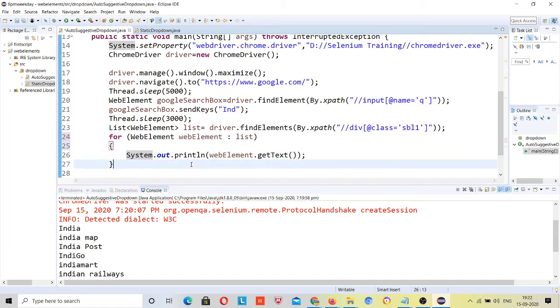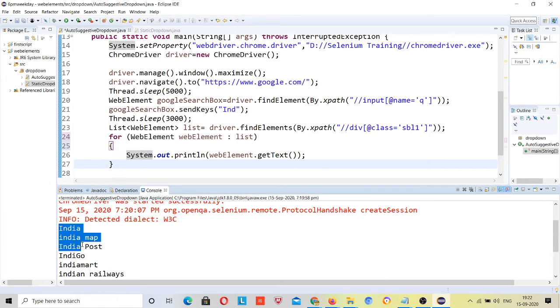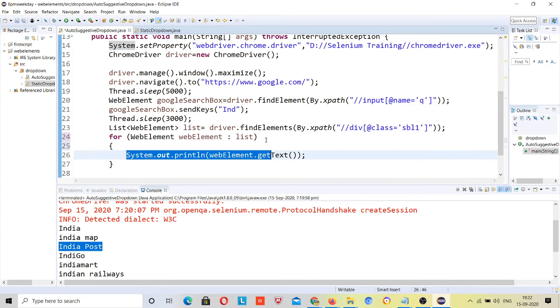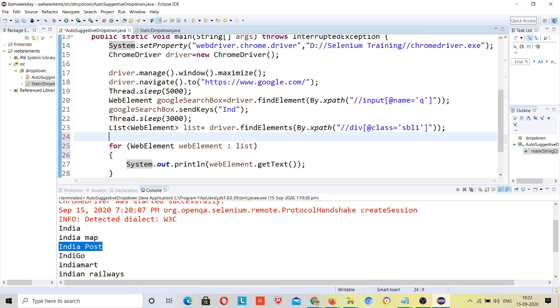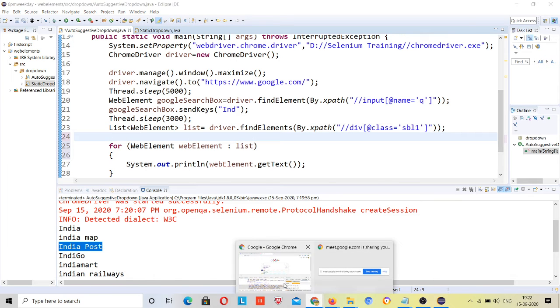Now as per the question, I want to click on this India Post only, right? So how can I click on this India Post? This time we don't need to do anything, just declare a variable, above, sorry, an if condition.